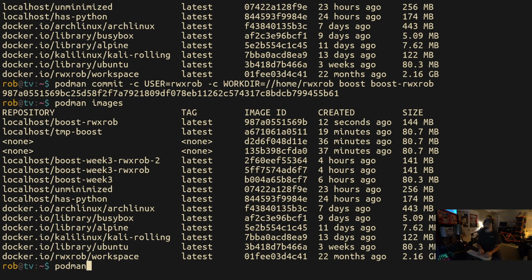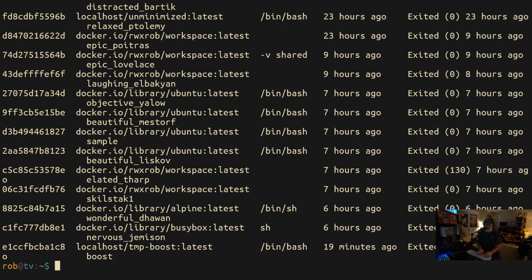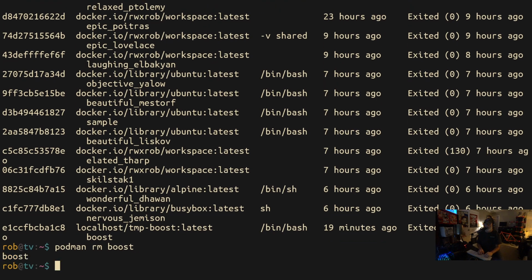Let's do Podman. Okay, so let's look at all our images again. So now, if we're confident that the other one works, we can throw this one away. I'm so confident I'm going to go ahead and delete it. Podman RM boost. That's going to remove the boost container, not the image, the container. So that removes it and gets it out of the way. And now we can do podman